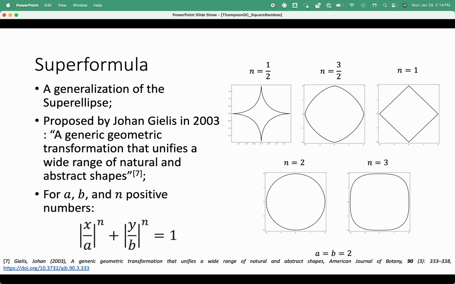Here we see some examples of regions defined by the superformula as a function of n for constant a and b. For n greater than 0 but less than 1, the region exhibits concave sides looking like a star. For n equals 1, we see a rhombus, with the corners determined by a and b. For n greater than 1 but less than 2, we see a rhombus with the same corners but with convex sides. And for n equals 2, we have an ordinary ellipse, and if a equals b, a circle. For n greater than 2, this looks like a rectangle with rounded corners. All very familiar and rudimentary, as I've said, for this crowd, but new and interesting to me at the time.